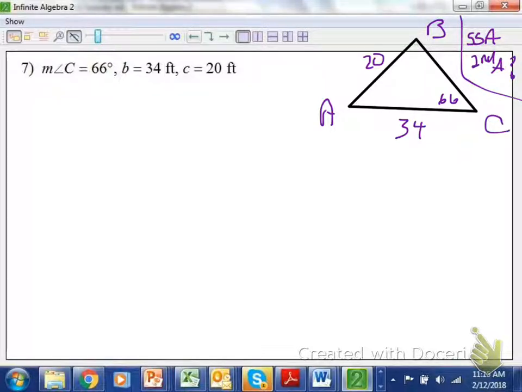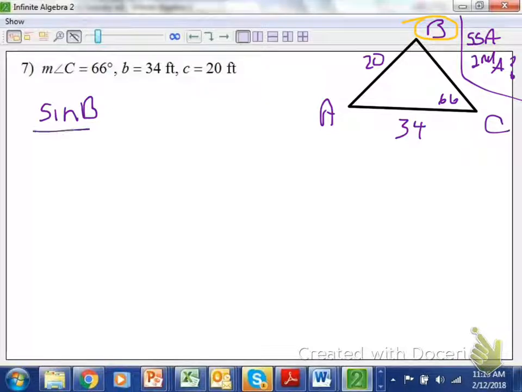Let me ask that a different way. Which piece do we know nothing about? A. We don't know anything about A or the angle A or side A. But we do know one thing about B, right? So we're forced to find angle B first. All right, so we will do